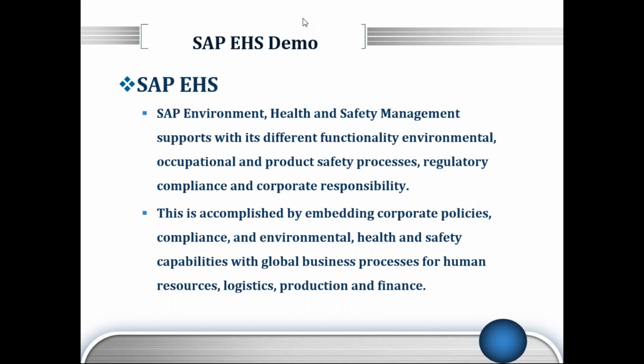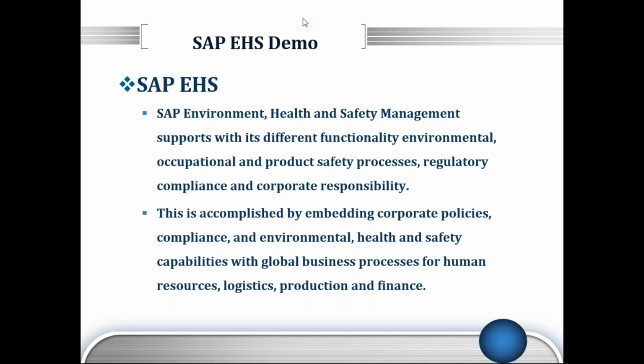And it's not only that, you can create different tasks. If there are corrective actions that you need to implement with regard to incidents, SAP EHS helps us create and track those tasks in terms of corrective and preventive action, and reporting, like I told you.